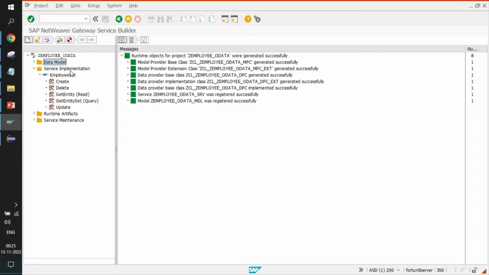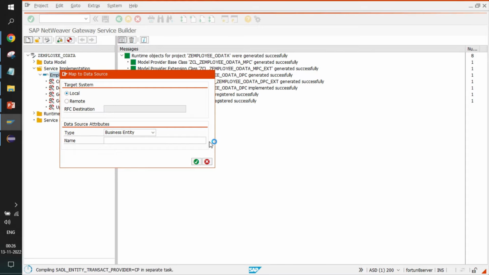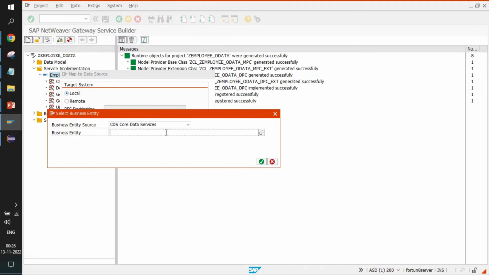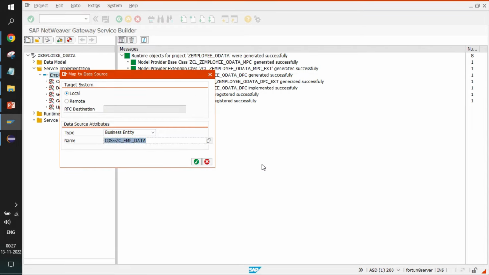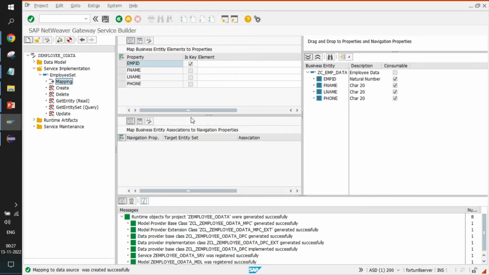So in this particular section of service implementation, you can come here and click on map to data source, and here you can choose a business entity. Click here on the name, and here you can choose core data services. Okay, so you can just go to your CDS view, copy the name of the CDS view like this, click on OK, and click on OK like this. You see a mapping is created,